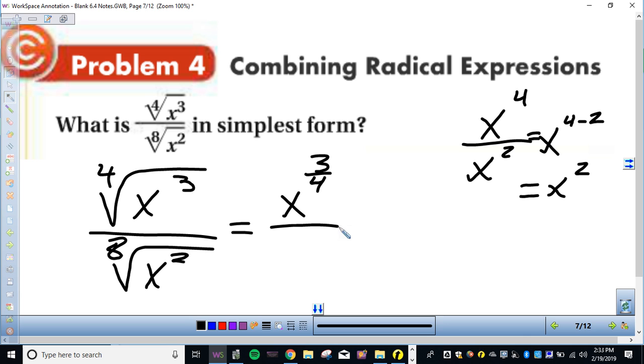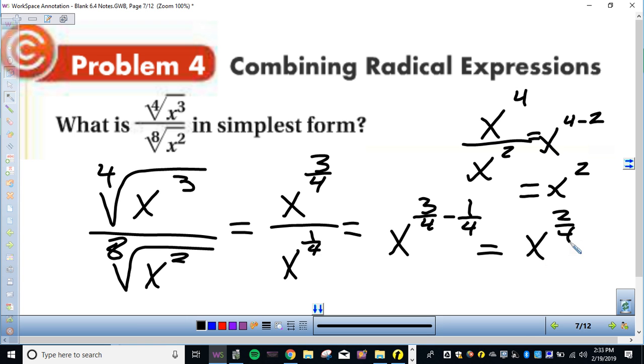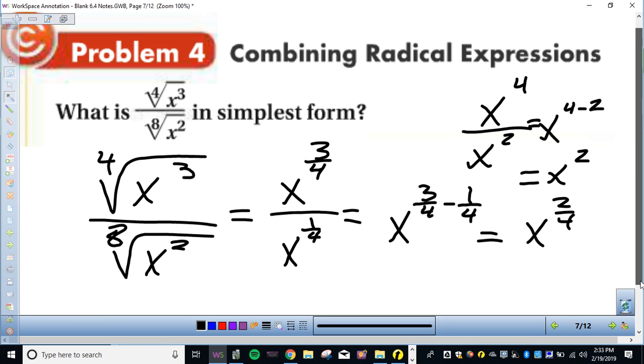This is x to the what? 8/2 or 2/8? 2/8, which reduces to 1/4. Okay? Then this equals x to the 3/4 minus 1/4, which equals x to the 2/4, which is the same thing as x to the what? 1/2, which is the same thing as,